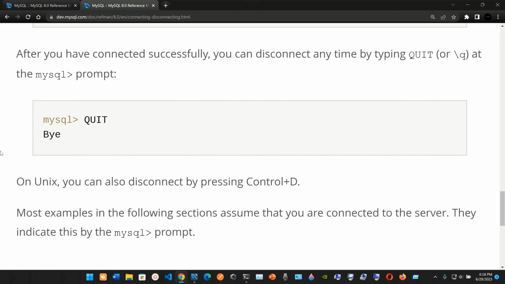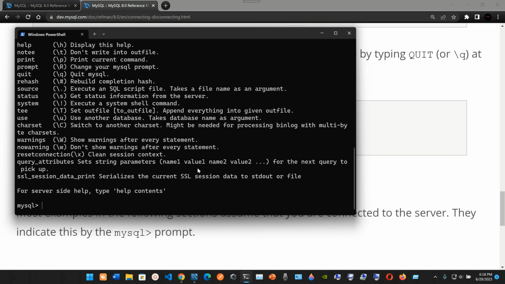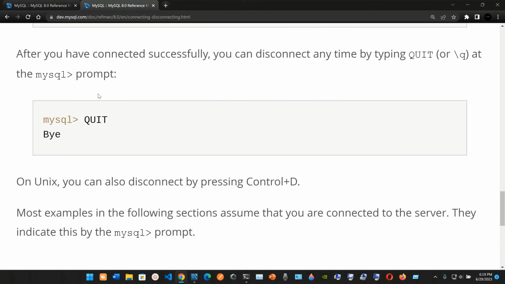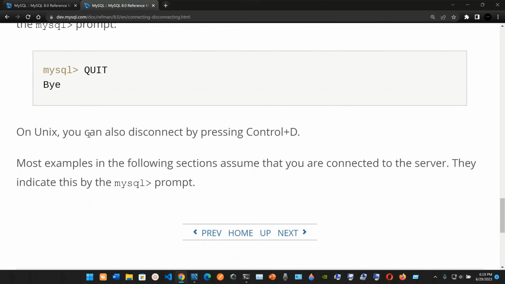After you have connected successfully, you can disconnect at any time by typing quit at the MySQL prompt. So let me see if this is case sensitive. I'm just going to type in quit in lowercase. So okay, bye. It doesn't matter if you type quit in uppercase or lowercase, but I think by default you should type it in uppercase, since later on, when we use the SELECT statement and the WHERE statement, we type them in uppercase letters. So you just type in quit in lowercase or uppercase, but by preference uppercase, and that is how you disconnect. On Unix you can also disconnect by pressing